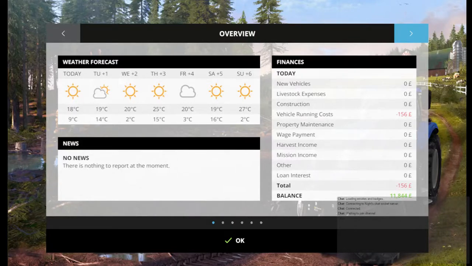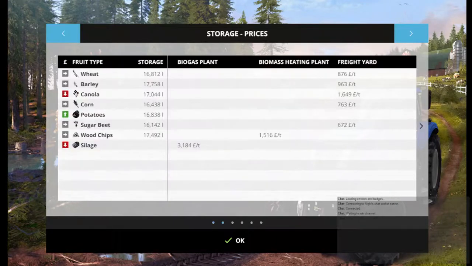It gives us our balance, how much money we're currently making. So we're currently in negative, but we haven't sold any crops yet. We've got a weather update for the rest of the week, so it's going to stay mostly sunny, maybe a bit cloudy. It'll be slightly overcast tomorrow, then 2 days of sun, then cloudy, 2 more days of sun. No current news to report. If we go to the other pages, we've got